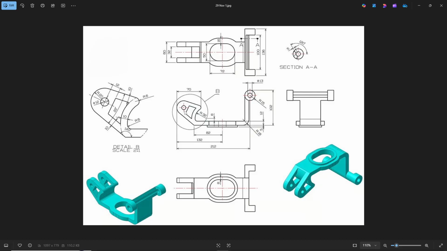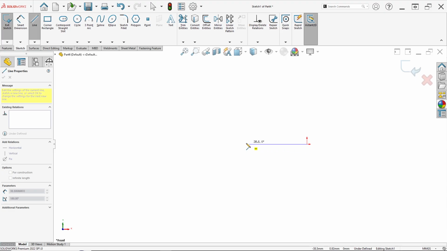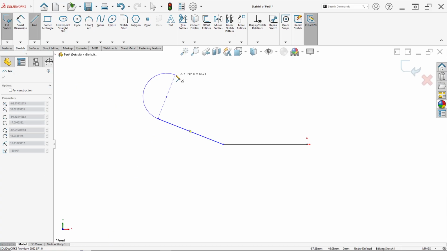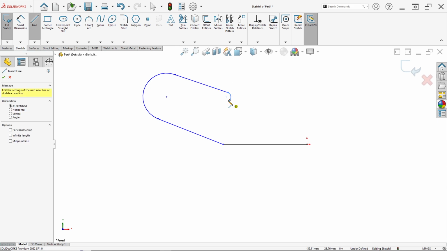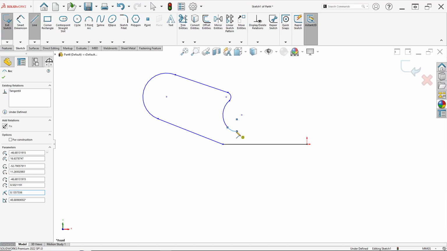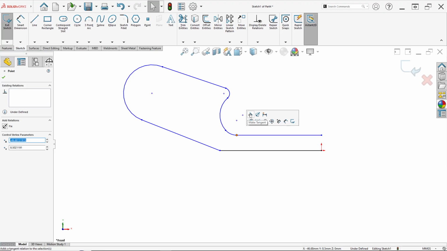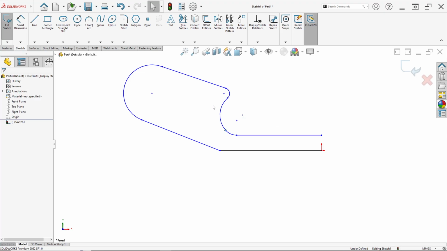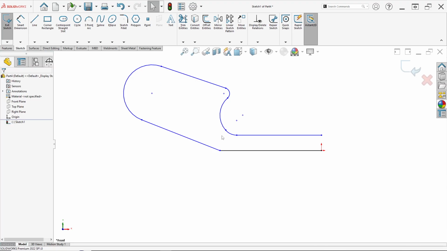First, draw a line. Select line. Draw from this center to this, and press A on your keyboard. Then this, press A again on your keyboard, and again, and again. Now select this. Ensure for this point, click make tangent, this point make tangent, this point make tangent, this make tangent, here make tangent, and this point make tangent.